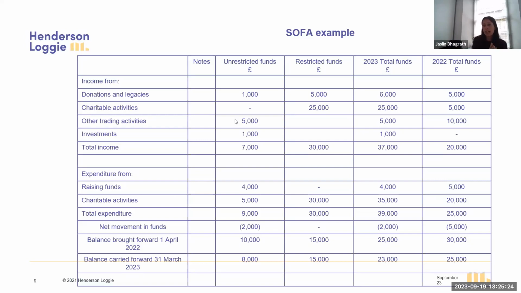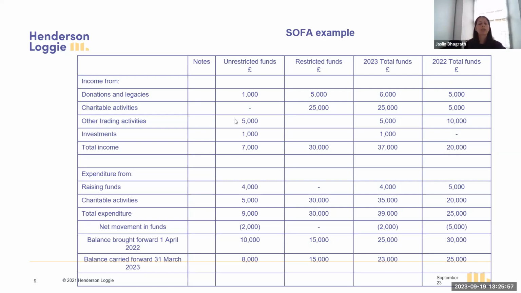So first of all, I will admit that charity accounts are not that easy to read, and that is because it's a prescribed format that the charity SORP lays out for how charity accounts have to be prepared, and that is what the SOFA shows. So first of all, looking at the column on the left-hand side, these are standard headings prescribed by the SORP,